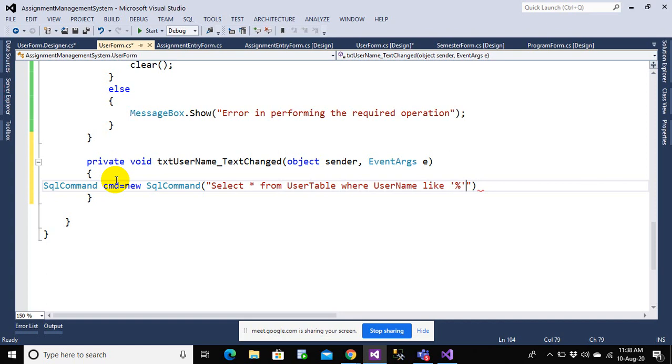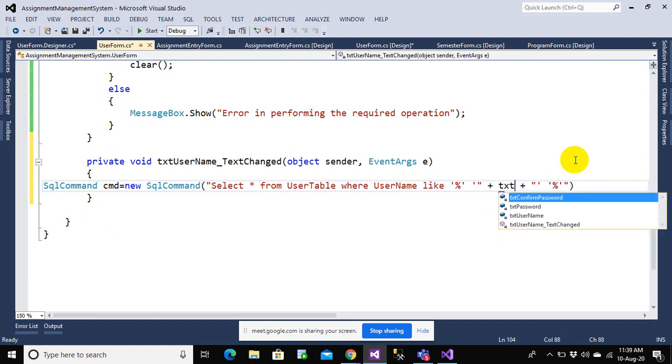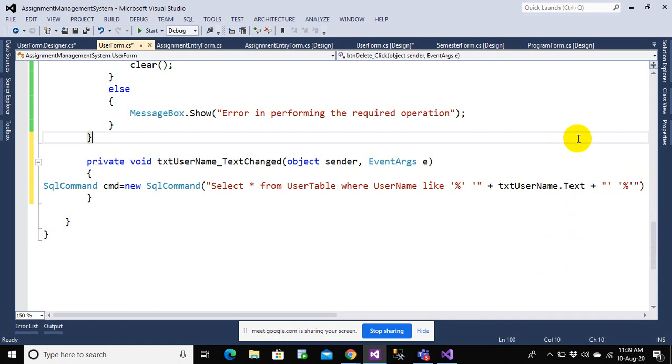The query has to be optimized. Not sure about this, I need to check, because this needs to be concatenated here.